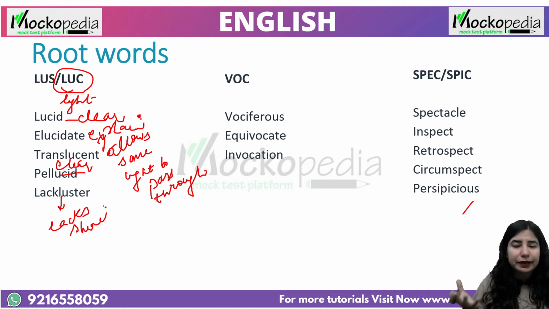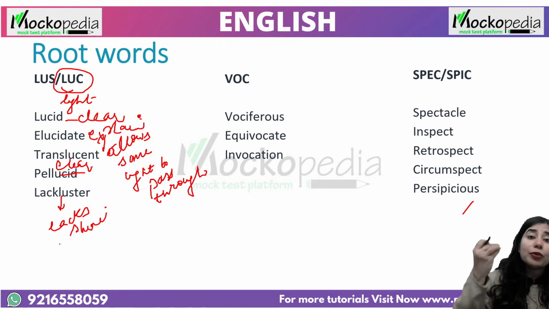You must have seen this when you did metals and non-metals in your junior classes, right? So we were doing these properties of metals. They are malleable, they are ductile, they are lustrous. So if you're adding lack, which is lack of confidence, confidence nahi hai, lackluster, which is not having shine, right? So that's how you can associate, right? So I hope you're clear with the meaning. So lucid is clear. Elucidate is to explain.